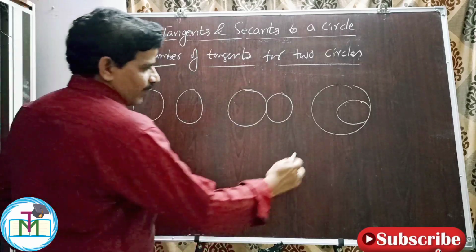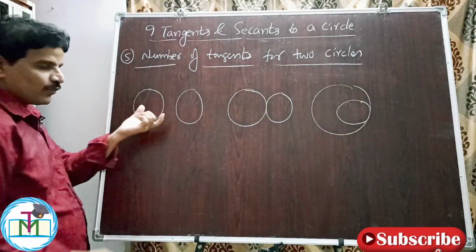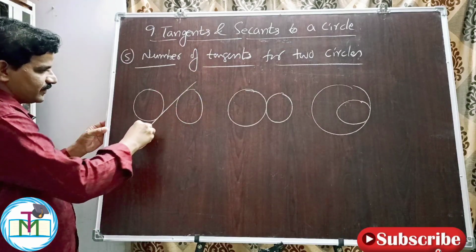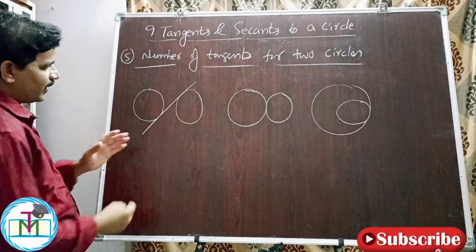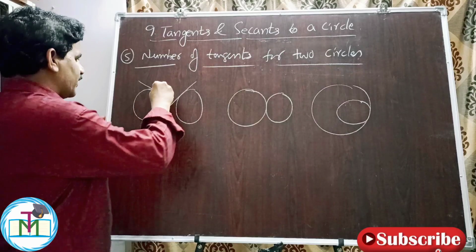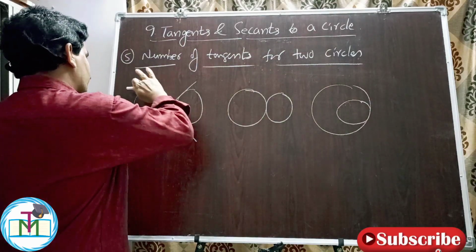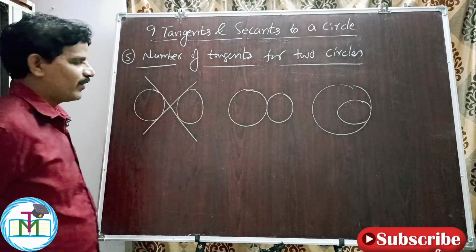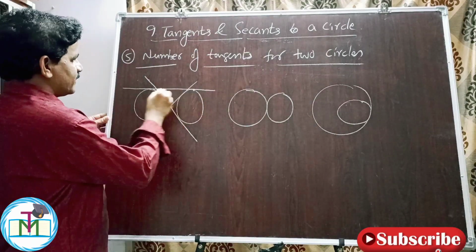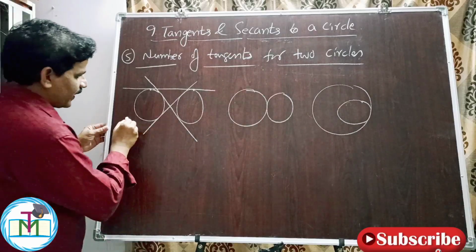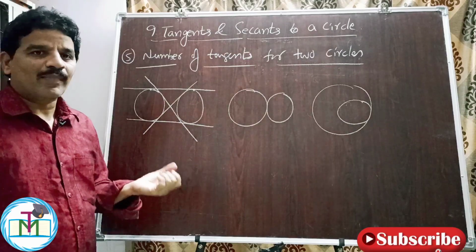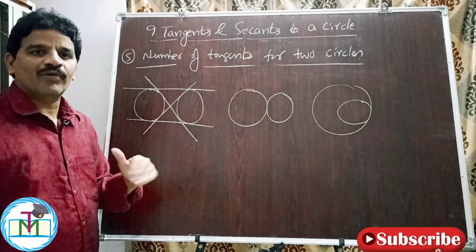See here, whenever 2 circles are such that one is away from the other, this is called a common tangent. This is a common tangent because this line touches both the circles. This is also a common tangent. Up to now we have seen 2 tangents. This is the third tangent, which touches the circles here. So one more tangent. So here we have 4 common tangents whenever one circle is away from the other.